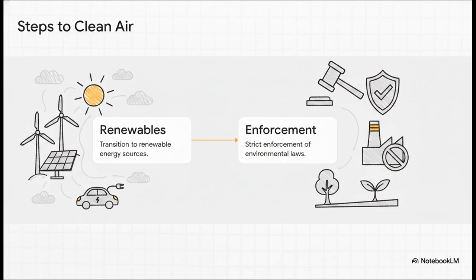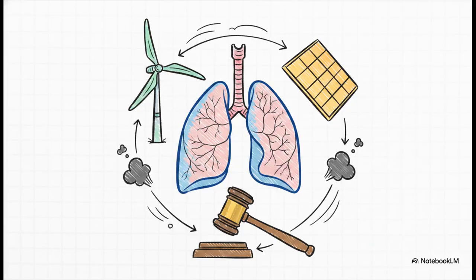We absolutely need both the innovation and the strict rules to make it work. The logic of this entire outline is crystal clear. We know the causes, we completely understand the deadly biological consequences, and the solutions are mapped out right in front of us. So my final question to you is this. Are we, as a global society, actually doing enough to enforce these laws and transition to renewable energy to protect our lungs? Are we treating this with the real-world, life-or-death urgency it truly requires?